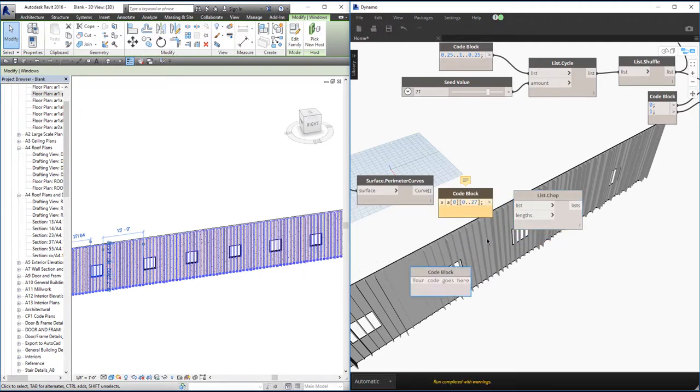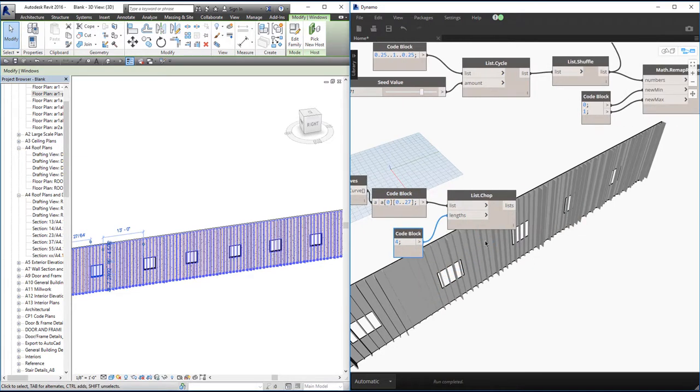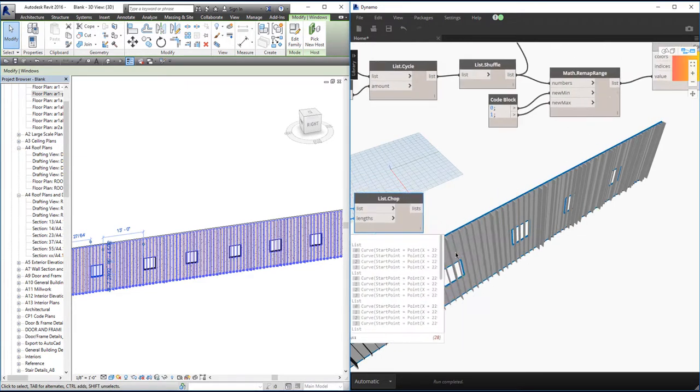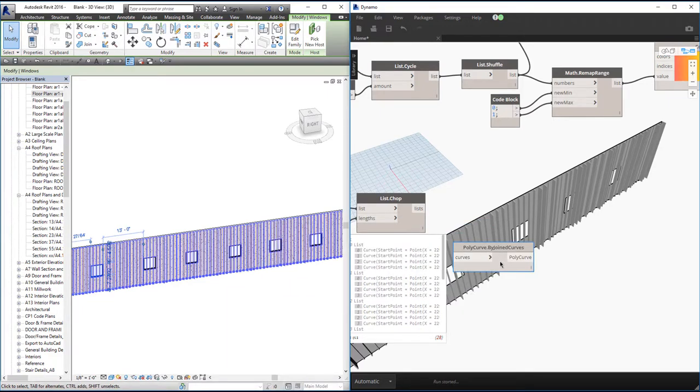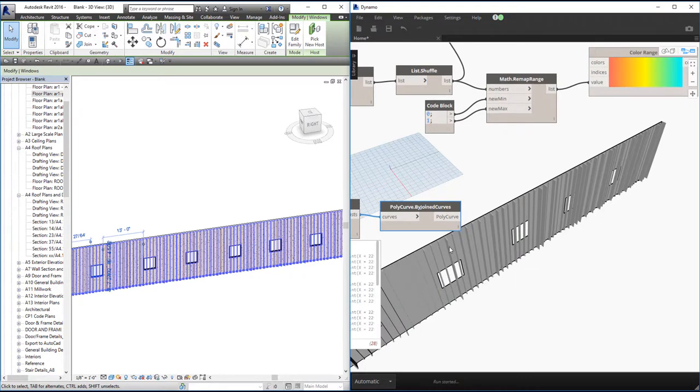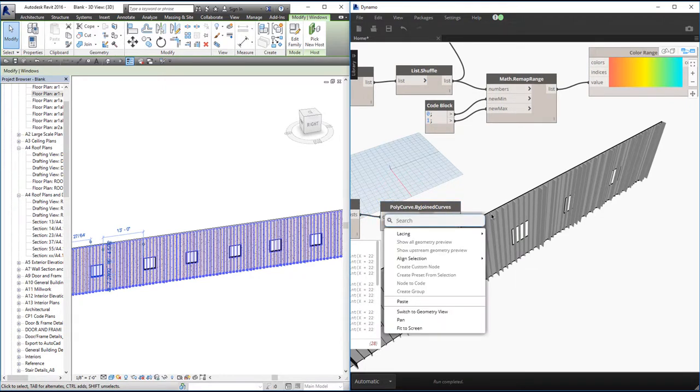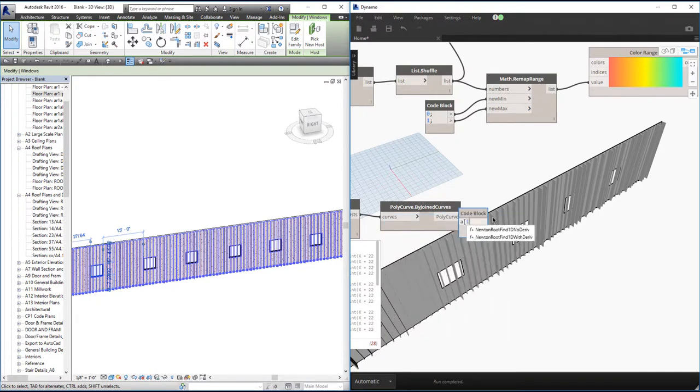And since there's squares and rectangles, they have 4 sides. So that should give me some nice chopped up lists. Perfect. We're going to do our handy dandy polycurve joint curves. Now I only want the inside squares because that's actually what I'm voiding out. So I'm going to do another little code block, and